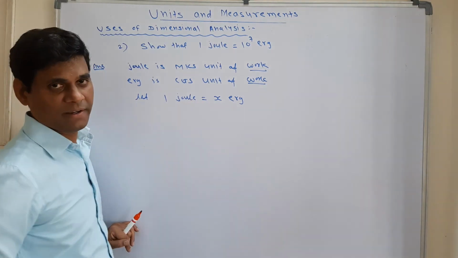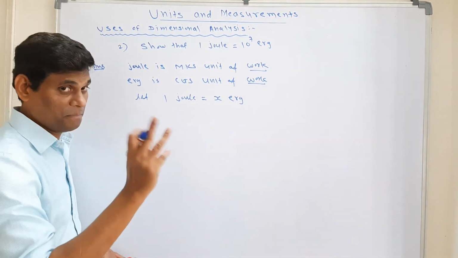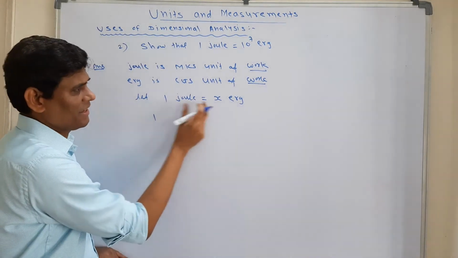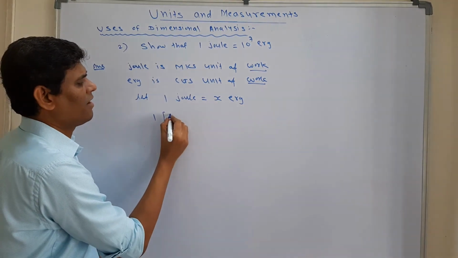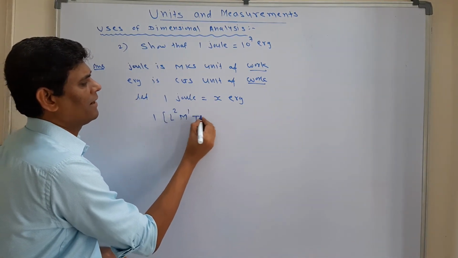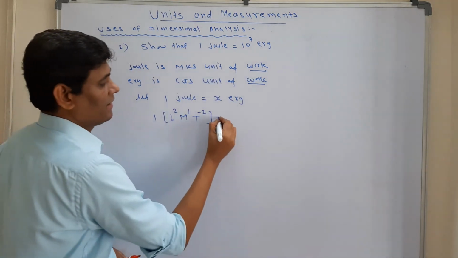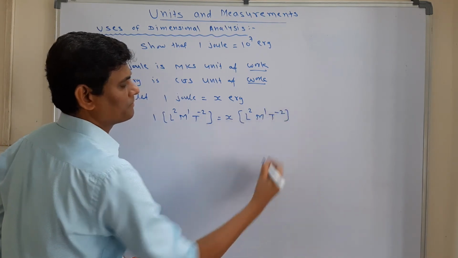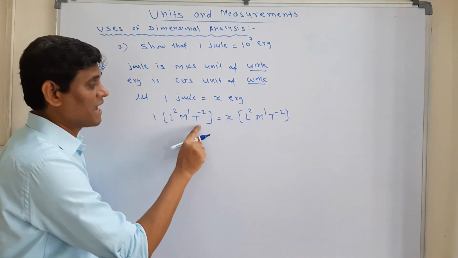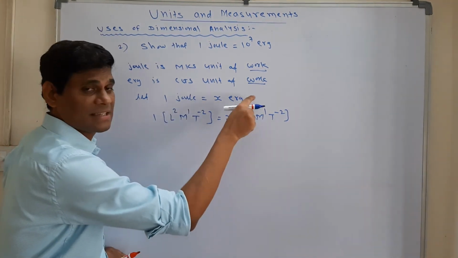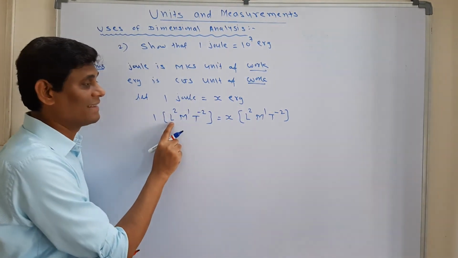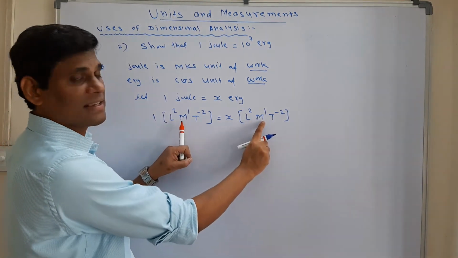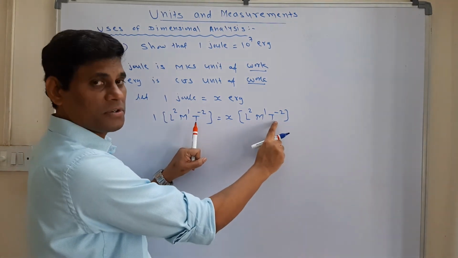Now dimension of work. What is dimension of work? By heart all dimensions. We'll write dimension of work here and as well as here. Dimension of work we have L2 M1 T minus 2. Here also dimension of work L2 M1 T minus 2. Remember students, this dimension in MK system, this dimension in CGS system means this length is in meter, this length is in centimeter. This mass is in kilogram, this mass is in gram. This time is second, this also second.